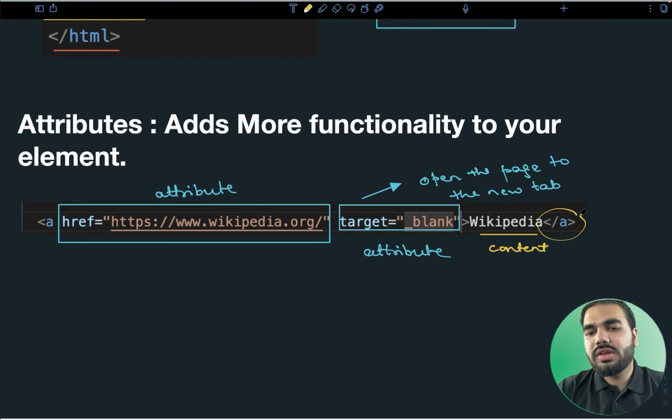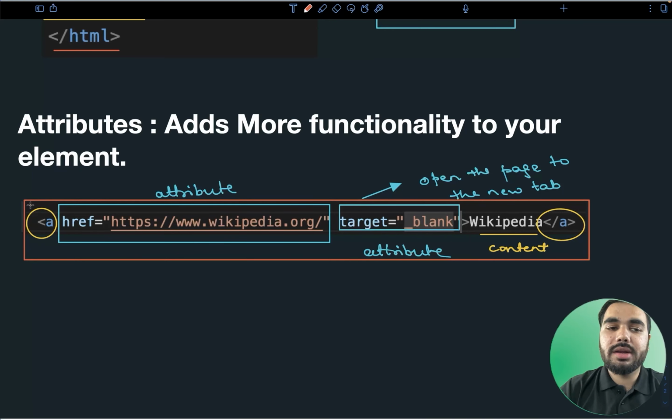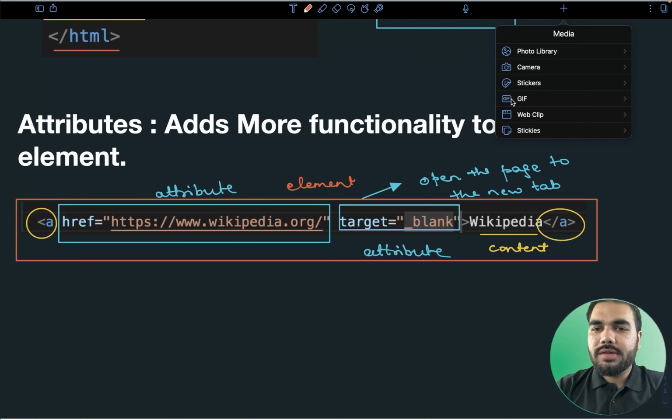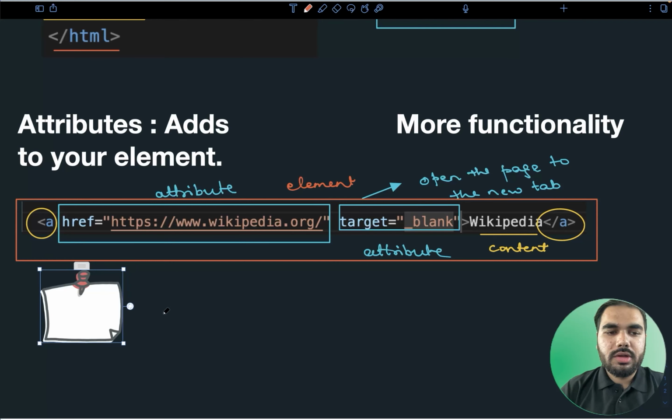And this is your closing bracket, and this is your opening bracket, and if I wrap all of them up, this is not called an attribute, it is called an element. One more thing that you need to remember, I'm just adding one note here.